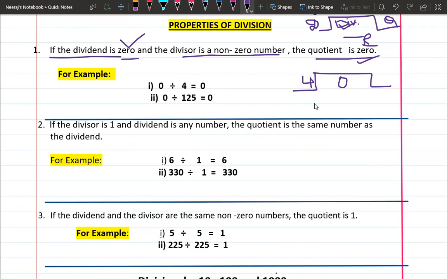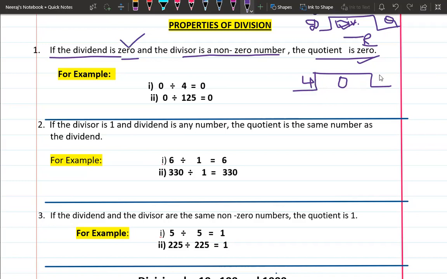If I take an example, like you have 0 apples and you want to divide them among 4 kids, it means you don't have any apple, but you want to share with your four friends. So what will each friend get? Nothing. If you are dividing nothing among anyone, then you will get 0 only. It means you have not shared anything. It is empty. It is 0 only. So if you are dividing 0 by 4, your answer will come 0 only.